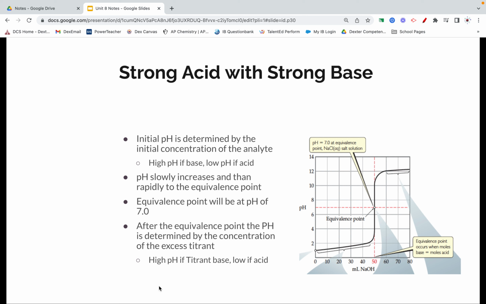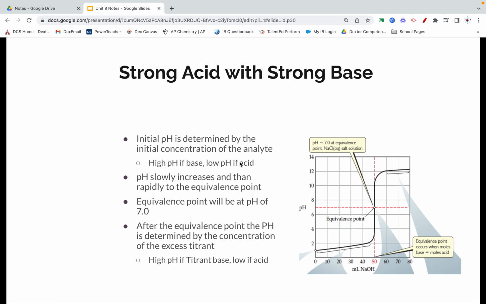Strong acid with strong base, it's always going to have this general shape, where the initial pH is determined by just the concentration of the analyte itself. So whatever is in our Erlenmeyer flask, and in this case, it's a strong acid, so it's going to have a very low pH. As we add in our titrant, in this case a strong base, the pH is going to slowly increase and then rapidly increase at the equivalence point. The equivalence point for strong with strong is always going to be at 7, and if you look at that long line going vertically,